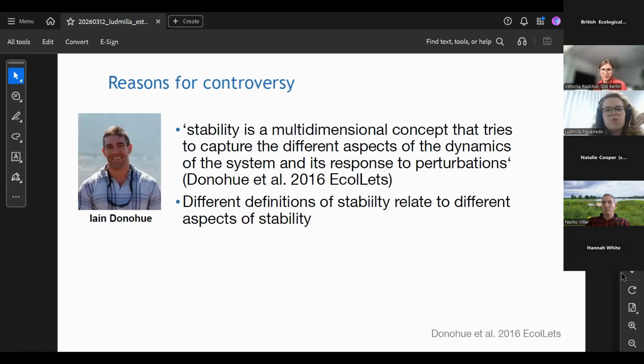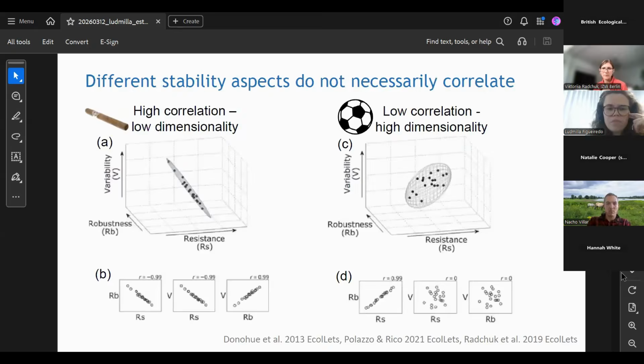Besides these various definitions of stability, there is an actual foundation for it. There is a good justification for it. And this was brought to light by studies by Ian Donohue, where he identified that stability is actually a multidimensional concept, whereby you have several aspects of stability that should be measured in order to have a full description of that system. And what it means is that here we have two opposing cases, if we think about these